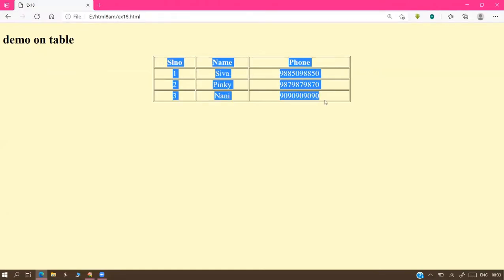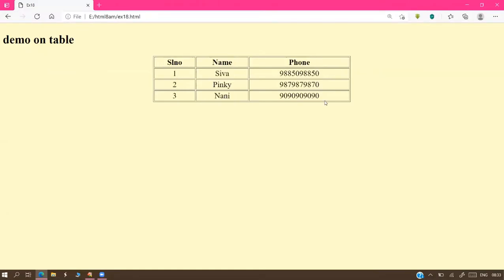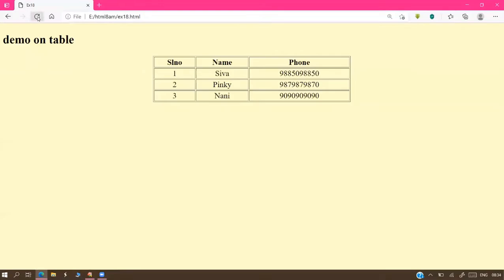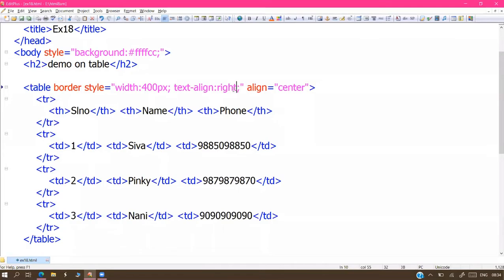Table plus data, both are in center formats. Otherwise, right side or left side or whatever it may be, you can go for any of those alignments. Table center, data right side.